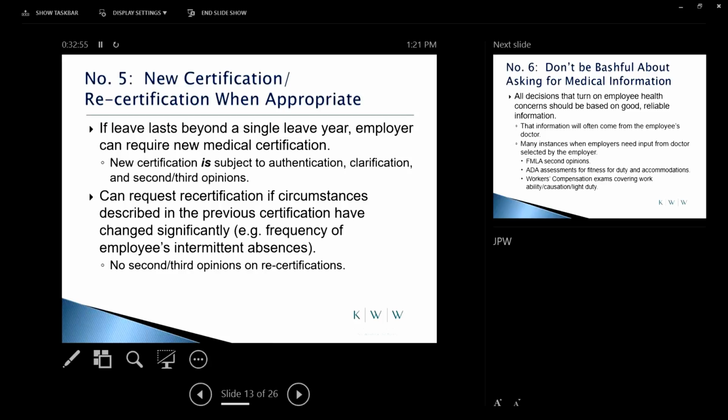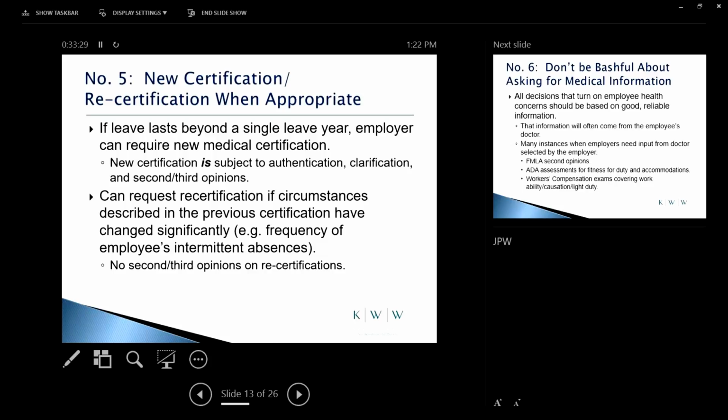So an example would be where the form says the employee is going to be absent for a day or two at a time, once a month, and you find that the employee is missing a day or two at a time, 3 or 4 times a month. Those circumstances have changed. You're permitted to go back to the employee's doctor, describe how the employee has actually been using their FMLA,